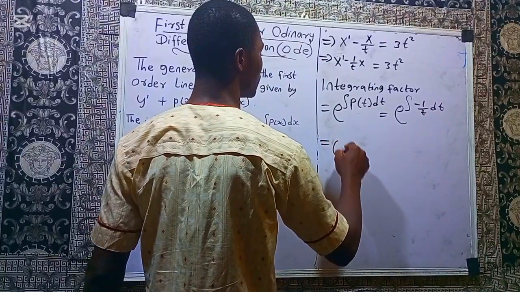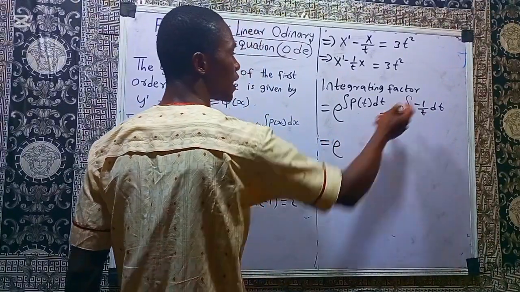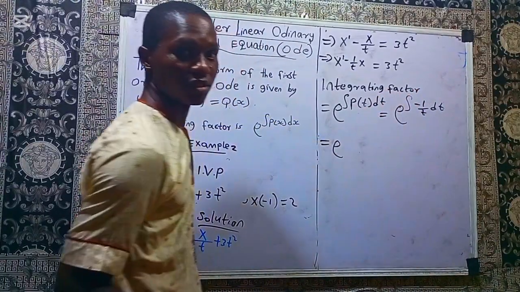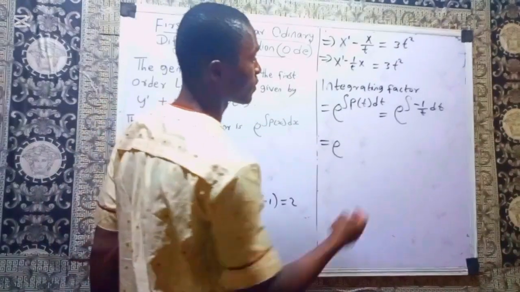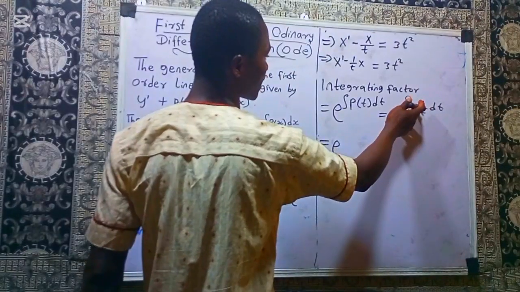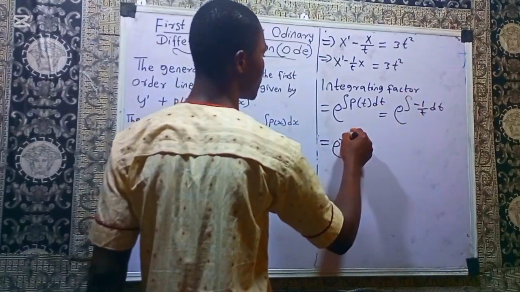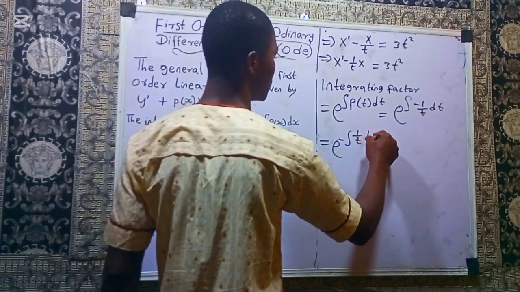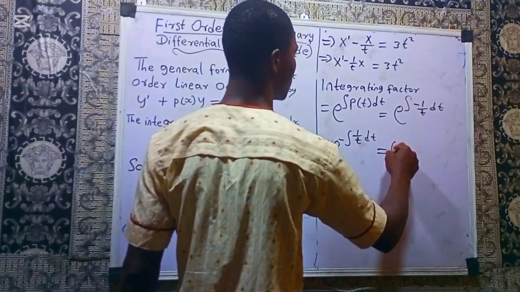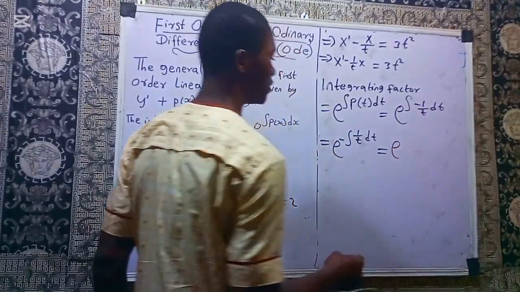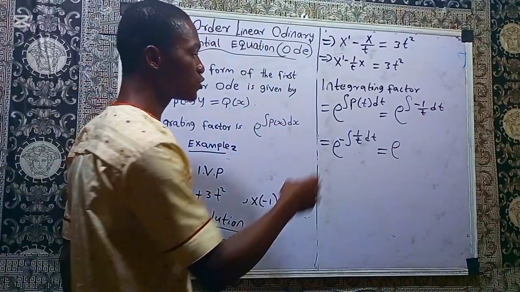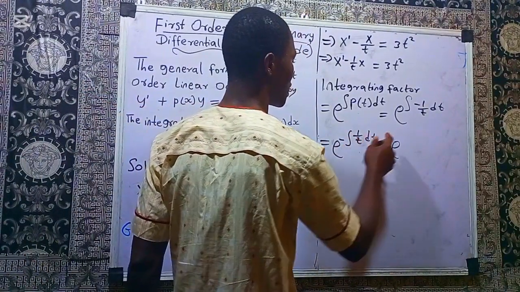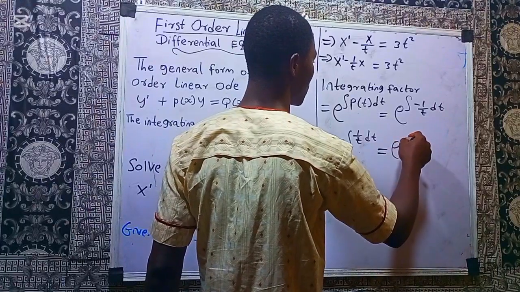So this is exponential, and the negative sign can come out of the integration. I have negative integral of 1 over t dt. So this will be exponential, negative